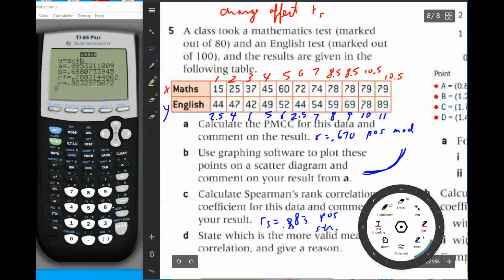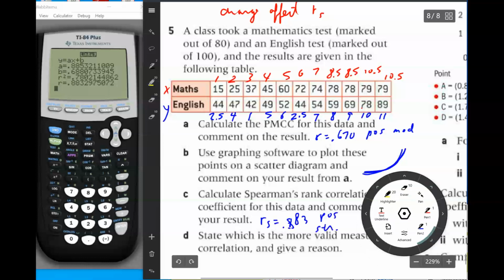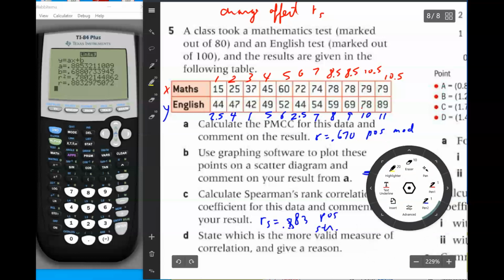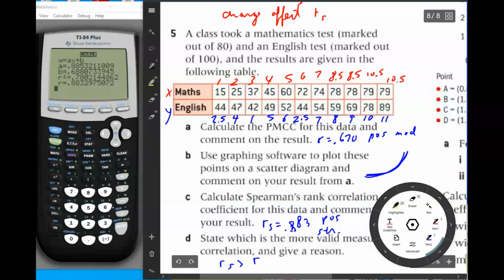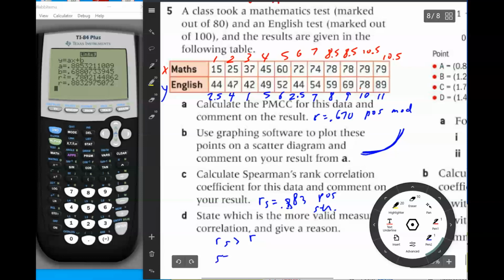So that is positive and strong, right? Positive, strong. So state which is the more valid measure of correlation, give a reason. Well, I would say that rS is bigger than R, and it's significantly bigger, right? One is strong, and the other is moderate, right? So because of that difference, I would say that